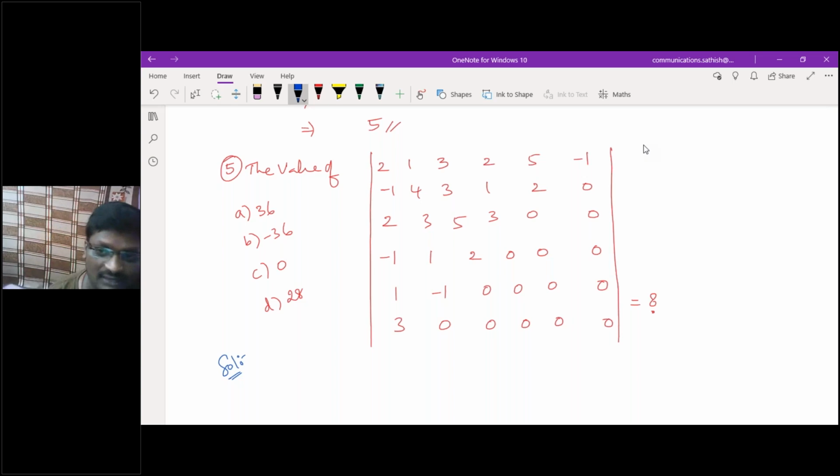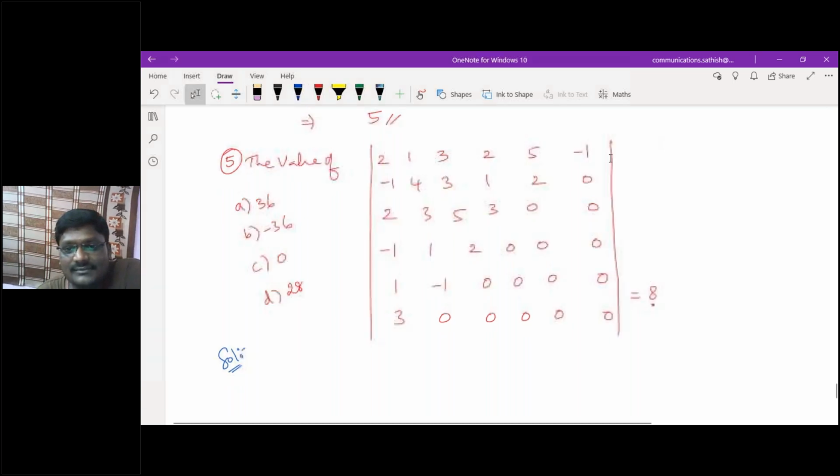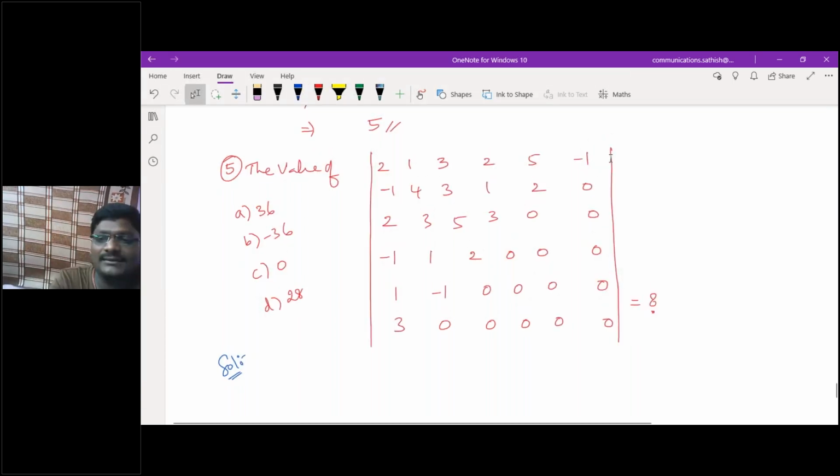Then how can I solve it? Sir, this is not an upper or lower triangular matrix. You can make this matrix either upper or lower triangular by observing the matrix. See this last row: if I take the rows in reverse order, R1 as R6, the last row will go to the first row, then the fifth row will go to the second row. Like that, if I interchange,